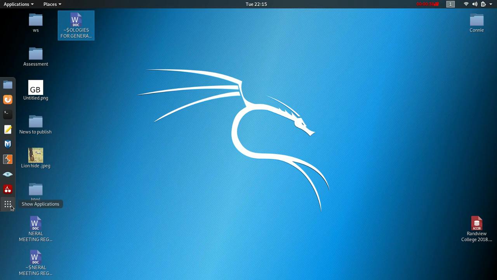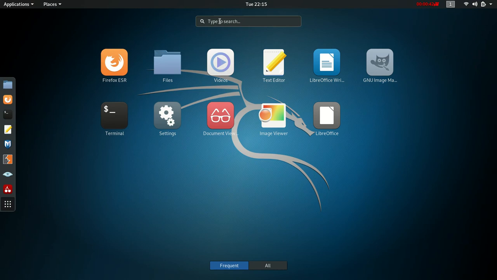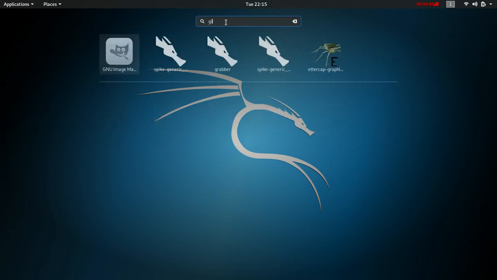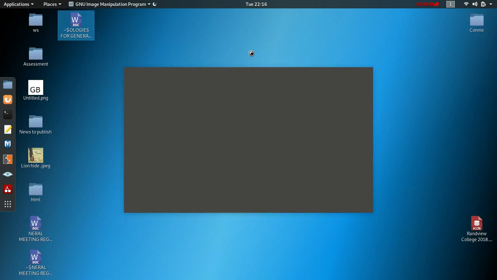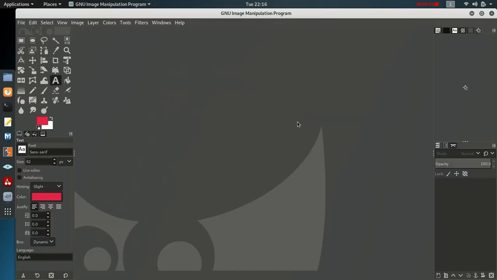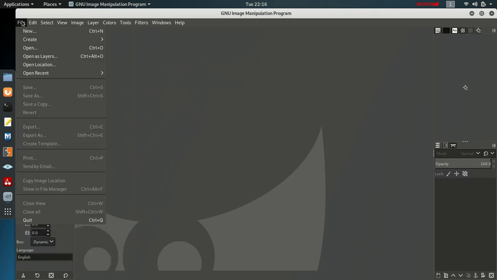I have it already installed on my PC. I'm going to go here and type GIMP GNU. Okay, so that's what we get, GIMP GNU. So here is what you do. The first thing you have to do is create a new